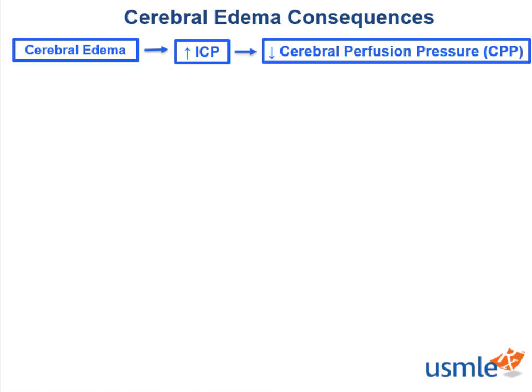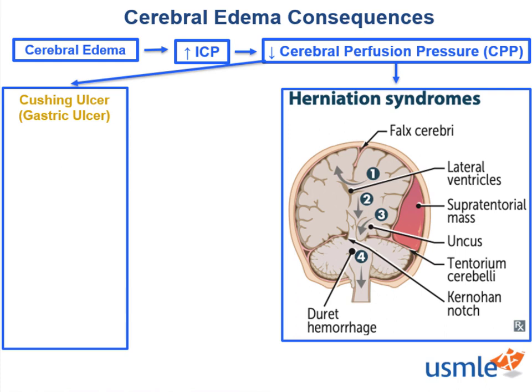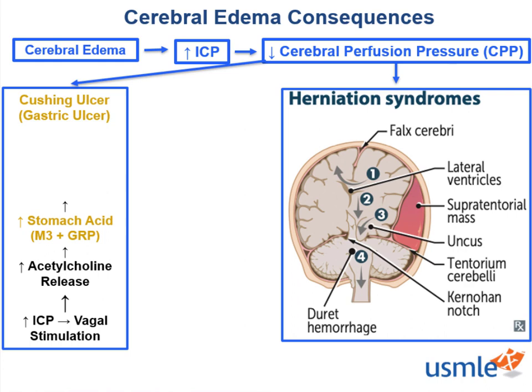Cerebral edema and the resultant increase in intracerebral pressure and decrease in cerebral perfusion pressure have other consequences beyond the herniation syndromes we discussed. Specifically, the formation of a Cushing ulcer, which is a gastric or stomach ulcer. The elevated intracerebral pressure leads to increased vagal or cranial nerve 10 stimulation. As a predominantly parasympathetic nerve, this leads to the release of acetylcholine onto the parietal or acid-producing cells of the